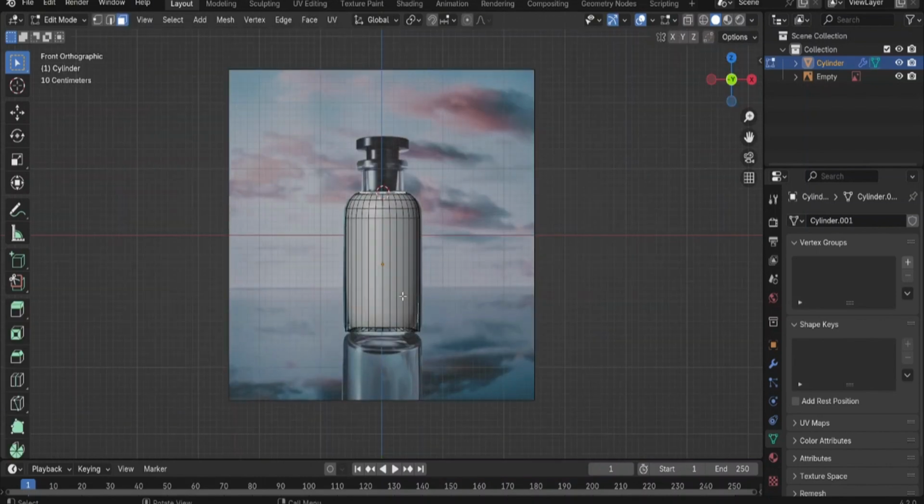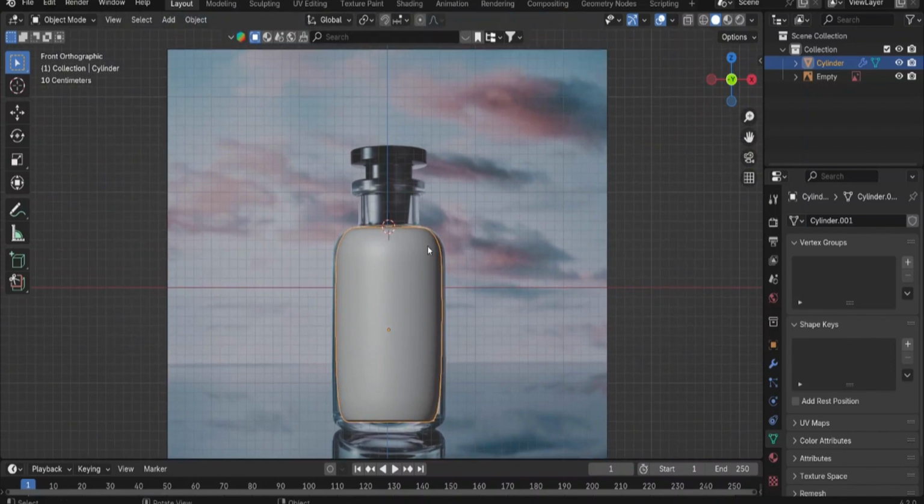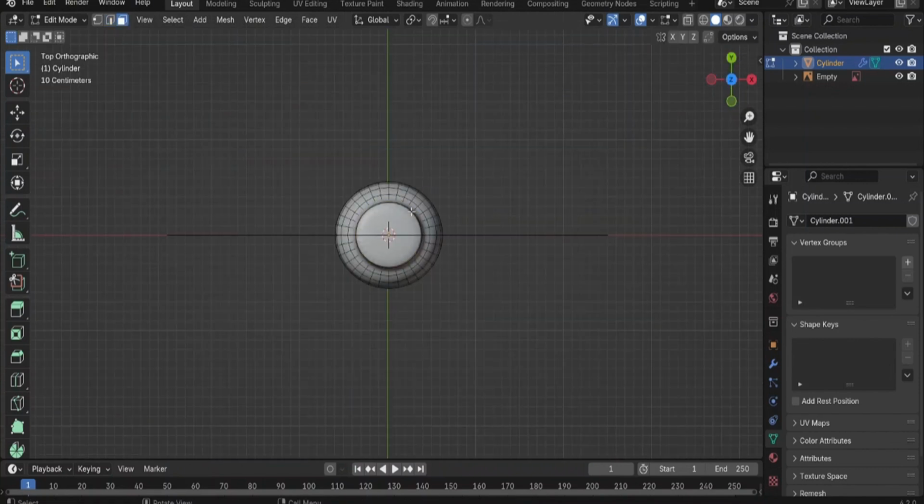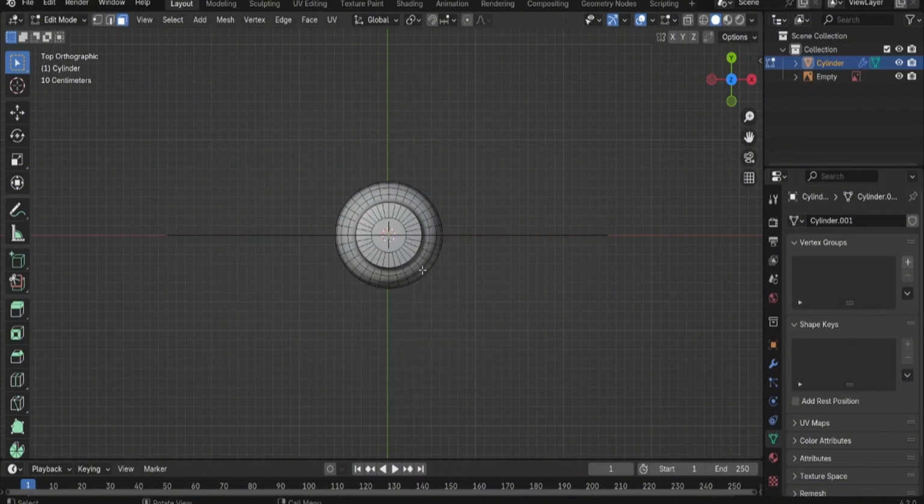press 7 on the number pad to enter top view, E to extrude the face on the top until it fits the perfume bottle in the reference image, Control R to add a loop cut to improve your topology, go to top view, X and delete faces,